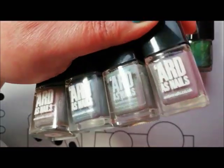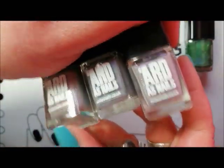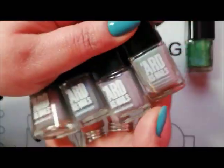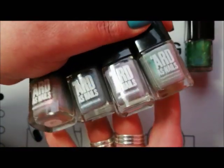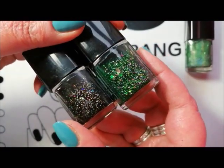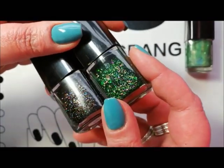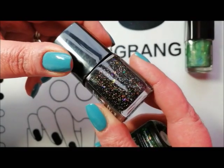Well, this is going to be quite quick. This is the Ethereal collection. So originally it was just these 3, and then Kat actually came out with a green one as well. Absolutely beautiful ethereal polishes. So I'm keeping all 4 of these. I've got 2 polishes here that are from the Light Out Kids collection. And I'm going to keep the black, which is a beautiful...